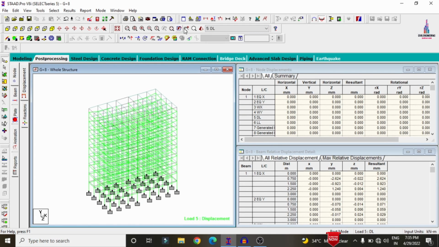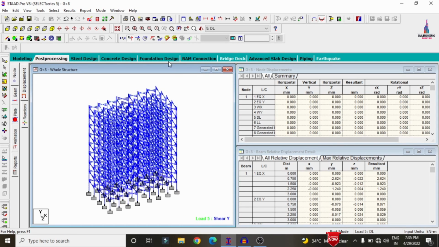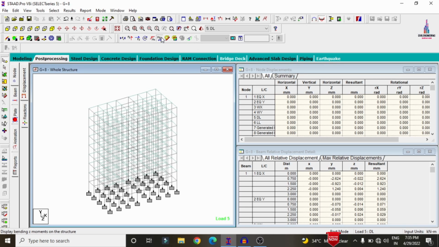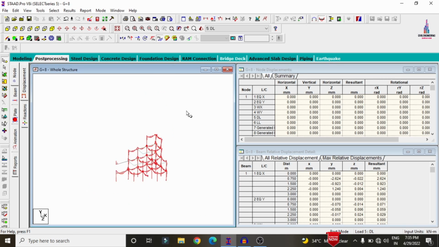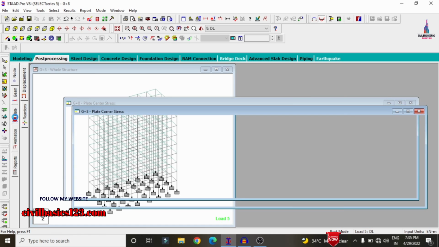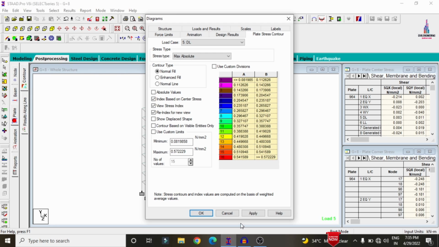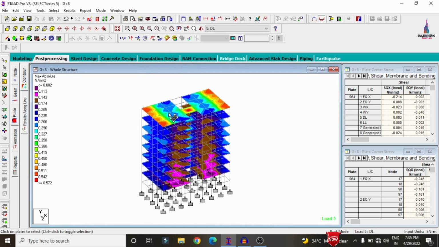Deselect the deflection diagram, and select the Fi value, which is nothing but the shear force diagram. This is the shear force diagram for the building structure. In the same process you can click on the MZ value option. This is the bending moment diagram for this structure. In the same process we have to select the plate pressure which acts on the slabs. Go to select the plate option, select the stress type as maximum absolute pressure, click on apply option, click on OK, so that it will display the plate pressure for the structure.